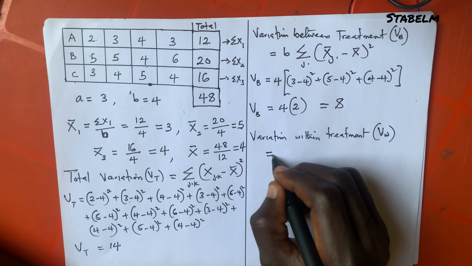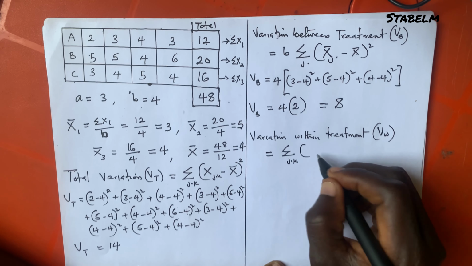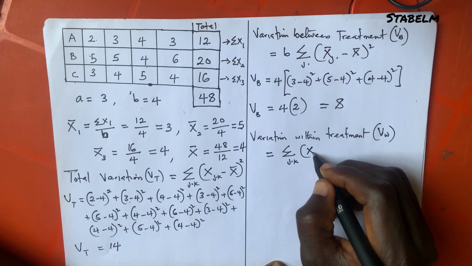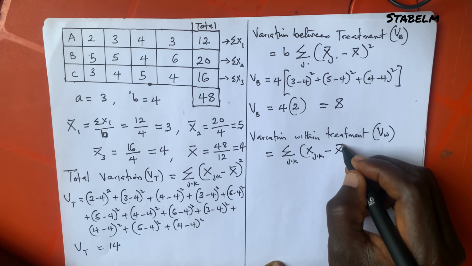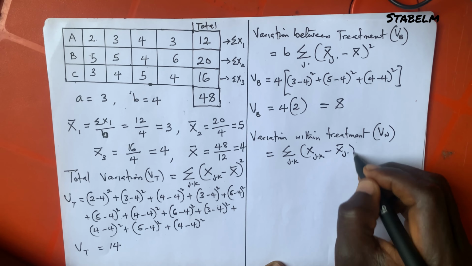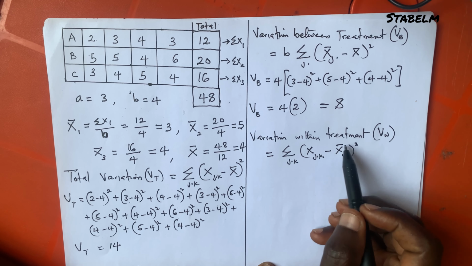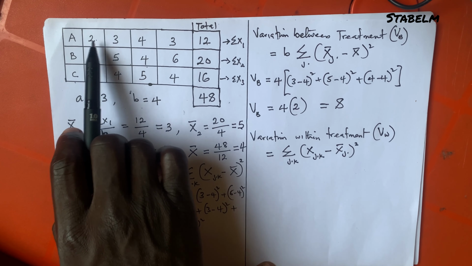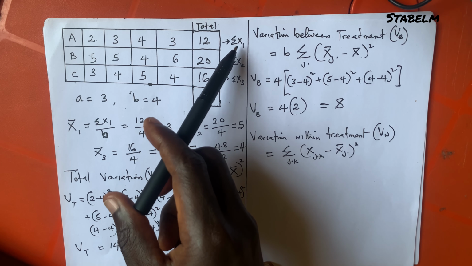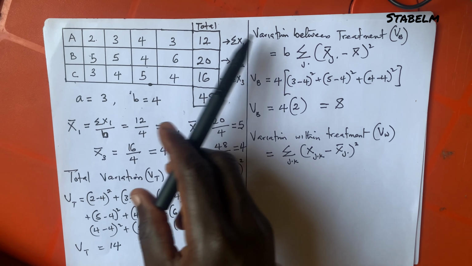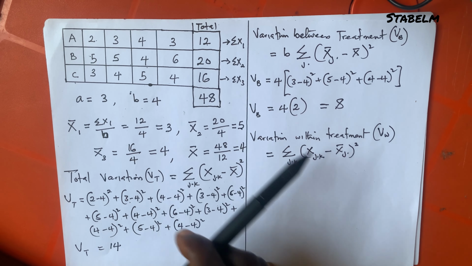The formula is given as summation j dot k into bracket x j dot k minus x bar j dot, then whole squared. And what does this mean? Each value in this observation minus the row mean. You can say the mean for the first row is 3, so each value here minus 3, then plus